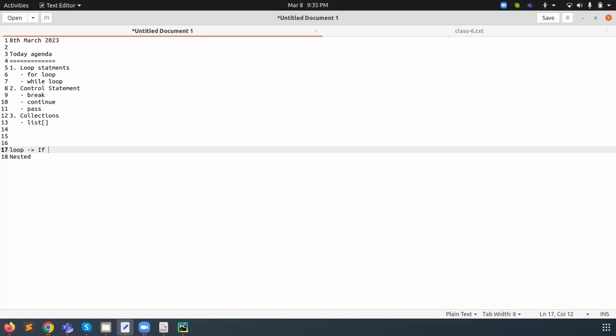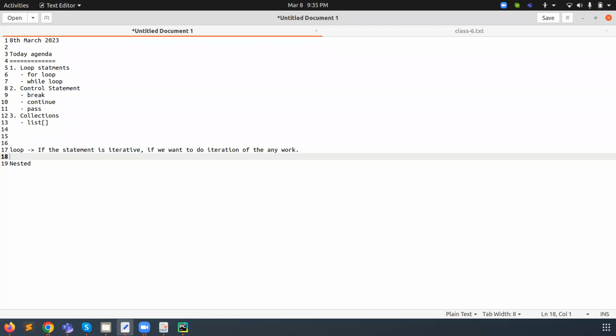If the statement is iterative, meaning if we want to do iteration of any work, at that time we will use loops. We have already discussed there are 2 types of loop, for loop and while loop.